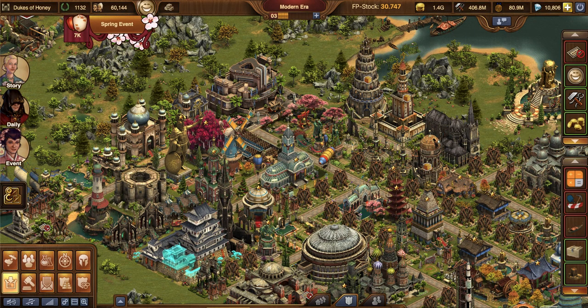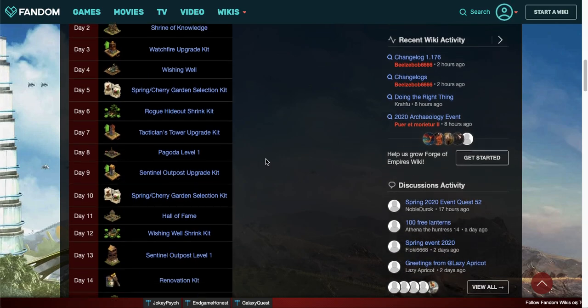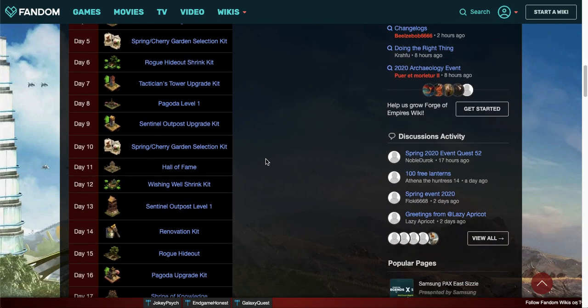But forge point shrines of knowledge are essential when you're going after this. I wouldn't say spending your money on wishing wells is the best way to go about getting forge points. That's specifically more if you're looking for a diamond farm, then absolutely go after wishing wells and these shrink kits as well. But for now, focus on getting the past events kits, specifically the Cherry Garden set,